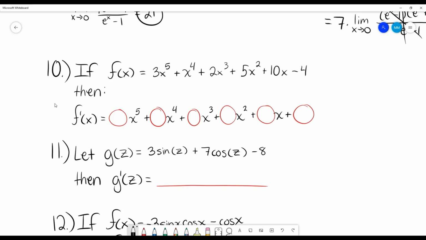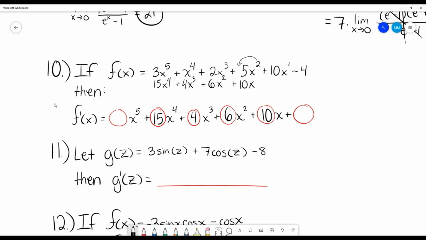So the derivative in this case, I know the derivative of this is going to be 15x to the 4th. So I'm going to put 15x to the 4th. And the derivative of this is going to be 4, because I put that 4 in front, because of our power rule, x to the 3rd, because I subtract 1. So that's 4x to the 3rd plus 3 times 2, 6x squared plus, put that in front, so 10x